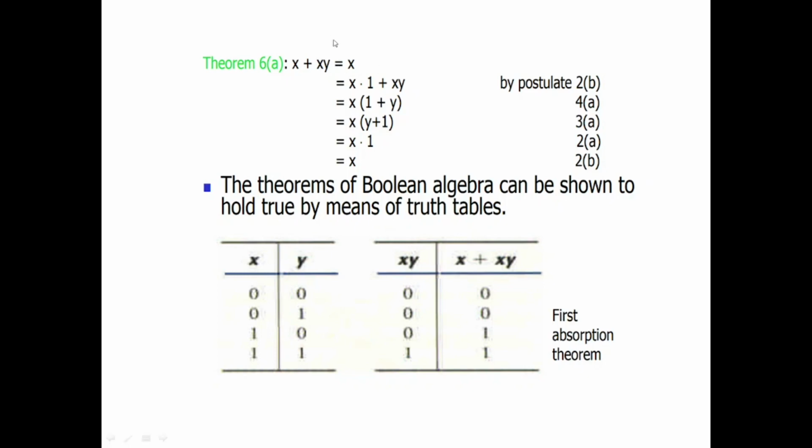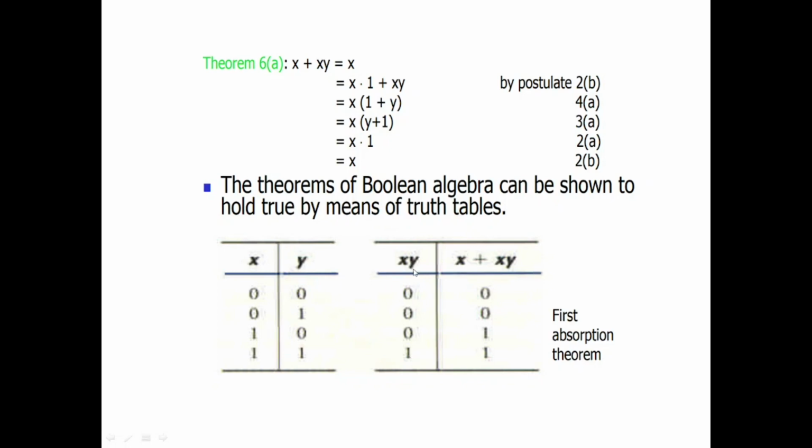For LHS it is x plus xy. Before finding x plus xy, we want to know xy. So we have to use the truth table of the AND gate. Here we have the values of x and y, and using the truth table of the AND gate, we can derive xy as 0 dot 0 is 0, 0 dot 1 is 0, 1 dot 0 is 0, 1 dot 1 is 1. Whenever all the inputs are high, the output will be high.